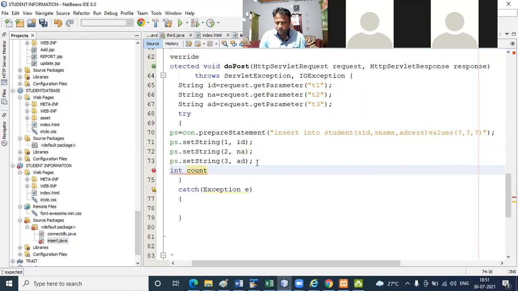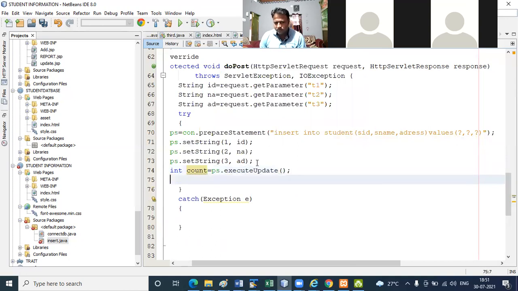Int count equals to ps dot execute update. So ps dot execute update, that's the thing I have passed.